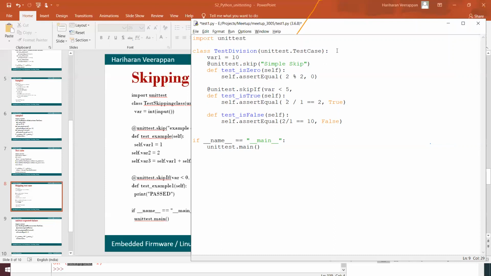And we can have conditional skipping over here. And if I'm going to execute this test,